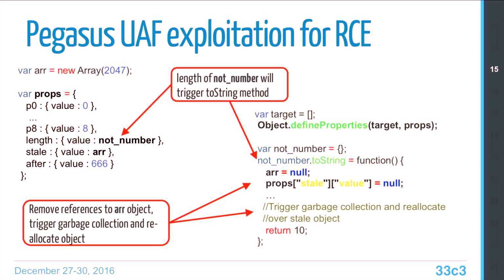What happens next? When defineProperties is called on the length property, it will try to convert the not-a-number object to a number, which forces the user-defined toString method to be called. The toString method removes the last 2 references to an array and forces a garbage collection cycle by allocating a large amount of memory, which leads to the object being deallocated by the garbage collector. The very next thing it does is reallocate a new object over the stale one. So this is how a specially crafted use-after-free